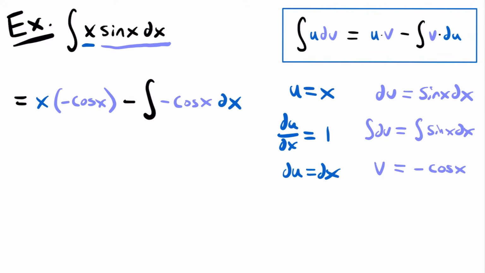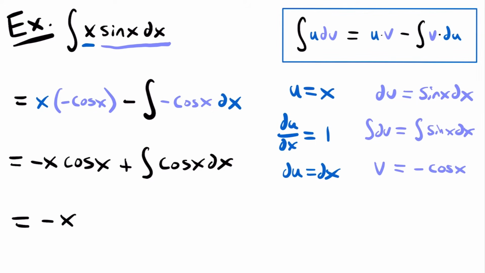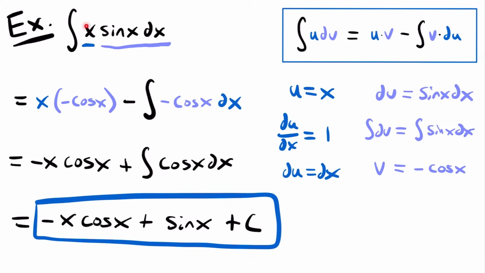But now let's simplify. x times negative cosine x will be negative x times cosine x. So this is equal to negative x times cosine x. And then we will subtract the integral of negative cosine x dx. But these two negatives will cancel out to become positive. So we will have plus the integral of cosine x dx. And the integral of cosine x is just sine x. And so we will have that this is equal to negative x times cosine x plus sine x, and then don't forget to add C at the end of your answer,